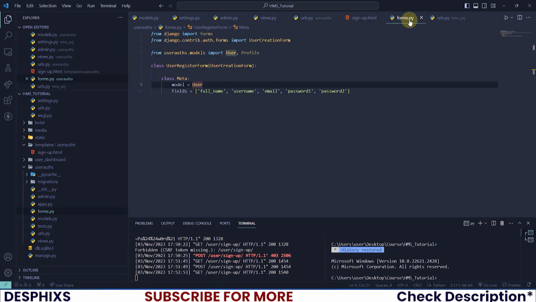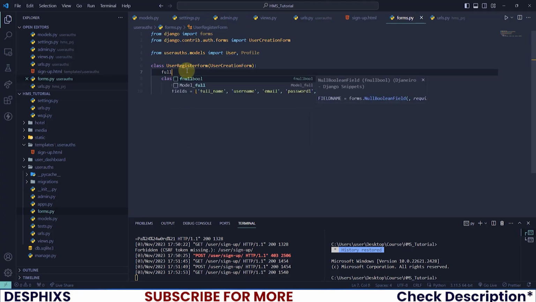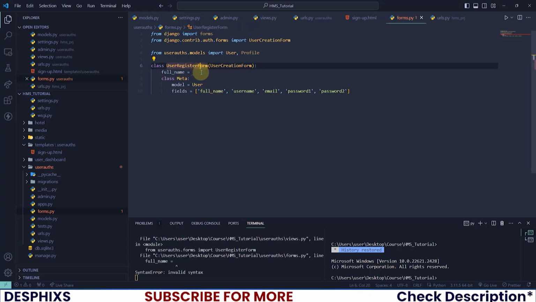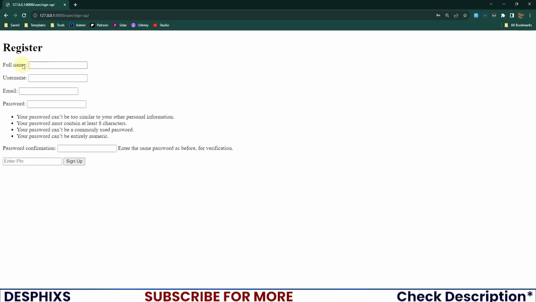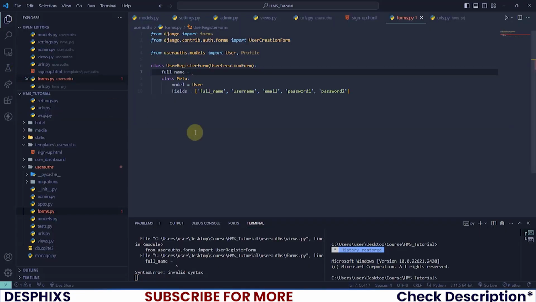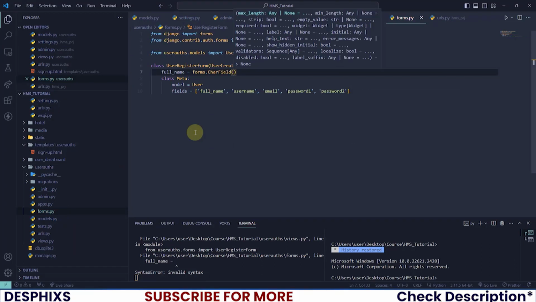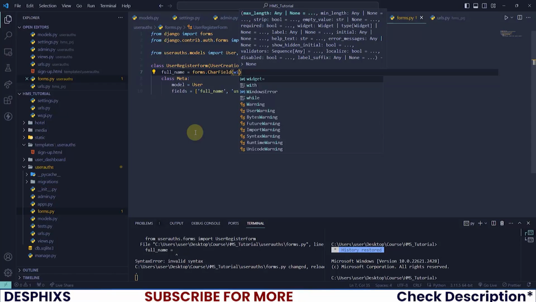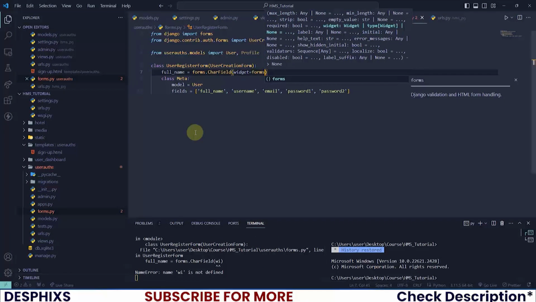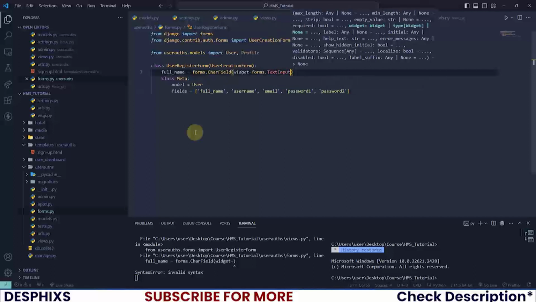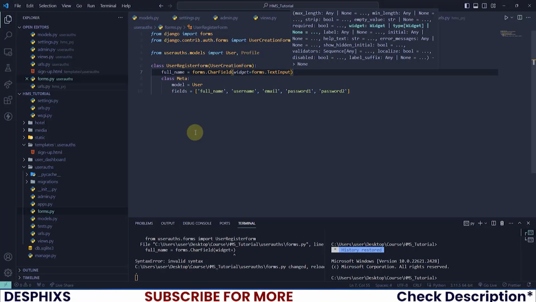I want you guys to get back to the forms.py. Remember, that's what we're working on. Then I want you to come over here and create a new variable, full name. This should be exactly the name of your model. Now we are trying to add a placeholder to the full name. How do we do this? I want you guys to type out forms dot, what field is it? It's a char field. And in here, we're trying to add a widget. So we have to say widget should be equal to forms dot text input. There is number input, there is text area, there is text input for things like char fields. So text input, open up